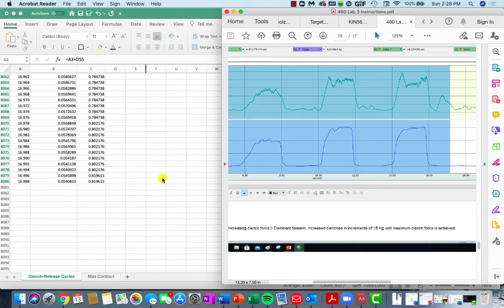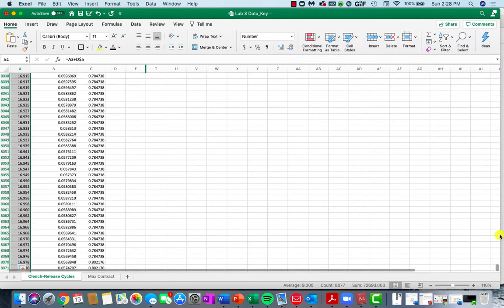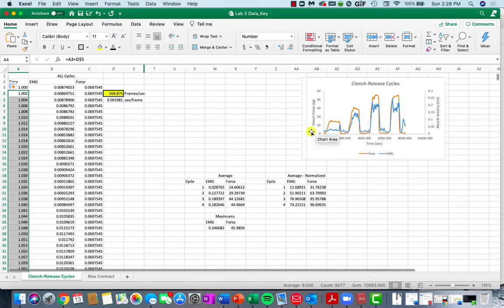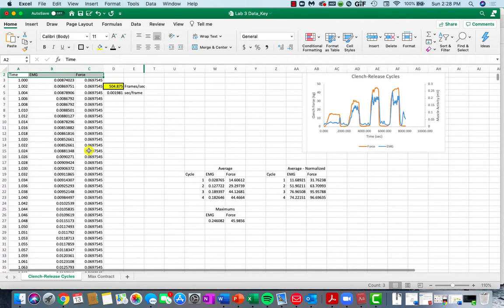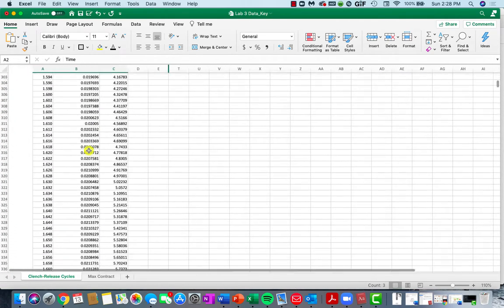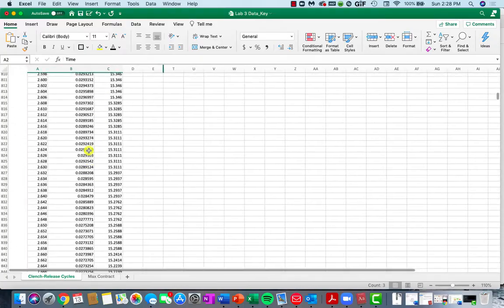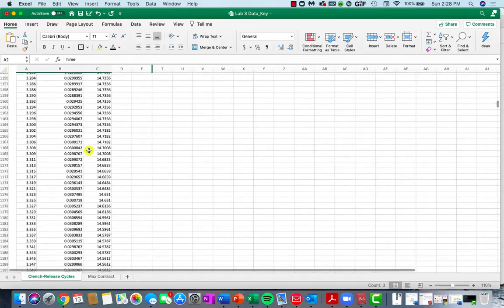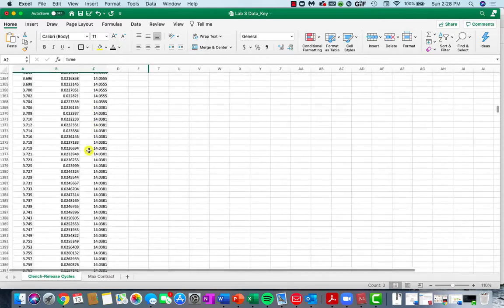Okay, so with creating a time series, you then should be able to format your scatter plot. So I should have stayed down at the bottom. But you can highlight all of this data then